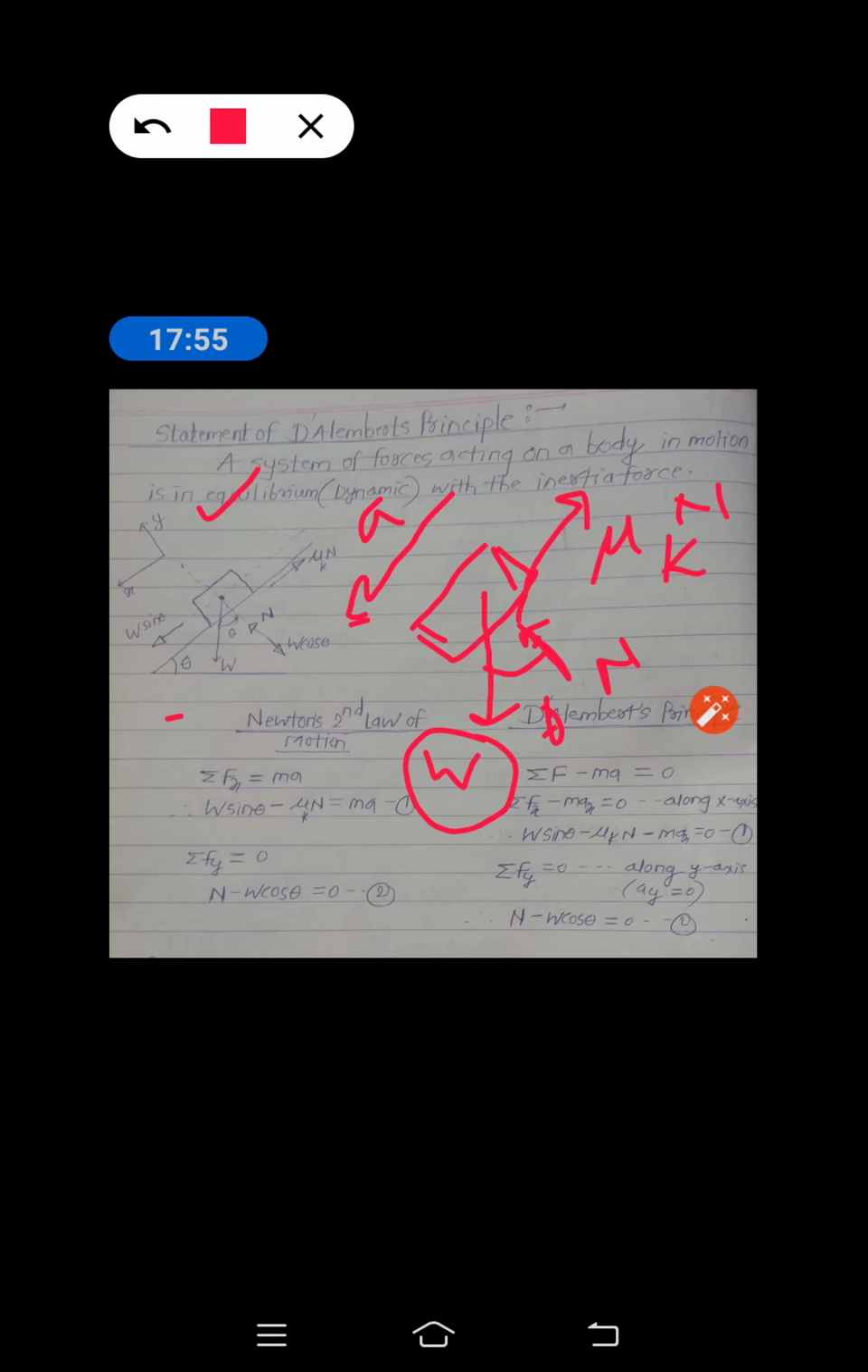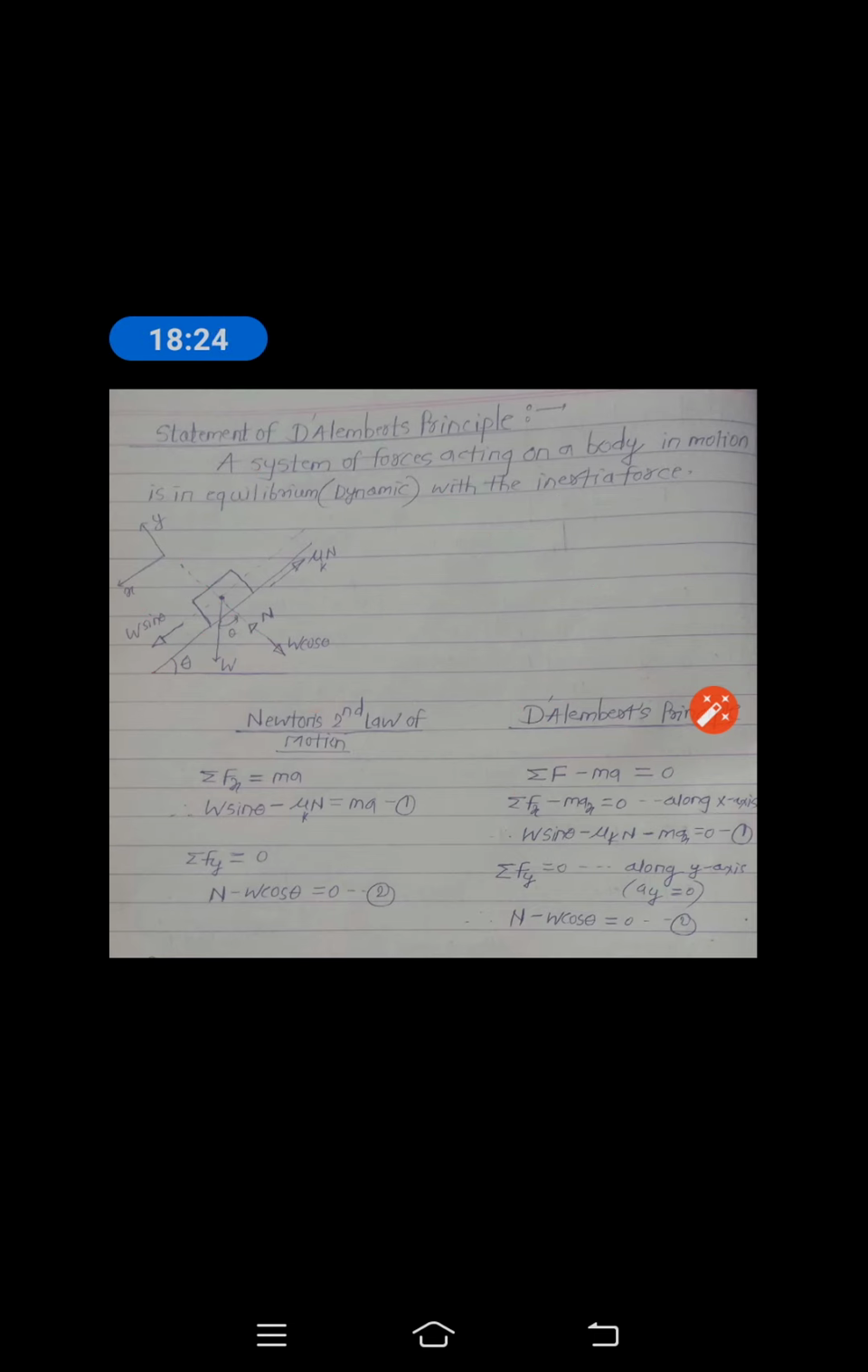If it is theta, then this W can be resolved along x-axis and y-axis. So what is along y-axis? W cos theta, and along x-axis W sin theta. So you clearly observed in this figure. Okay. So this is the free body diagram. And also, now with the help of that diagram, let us differentiate these